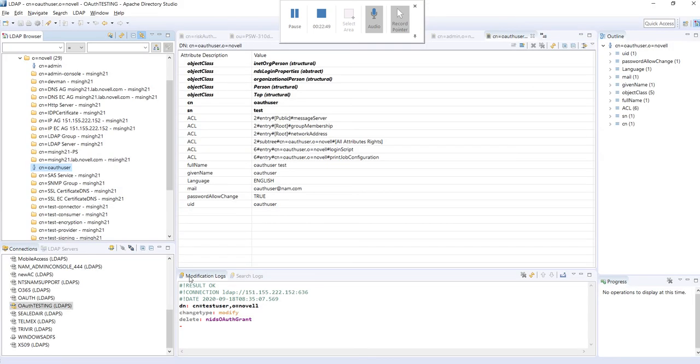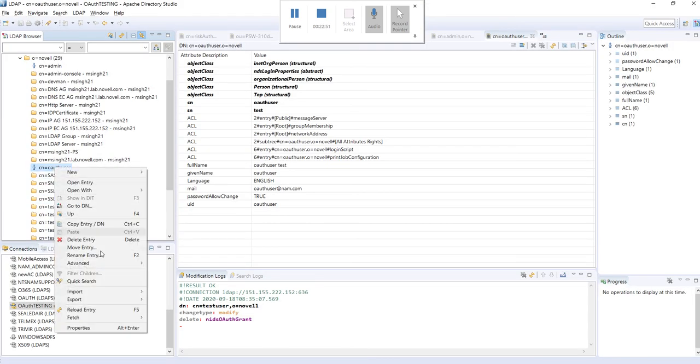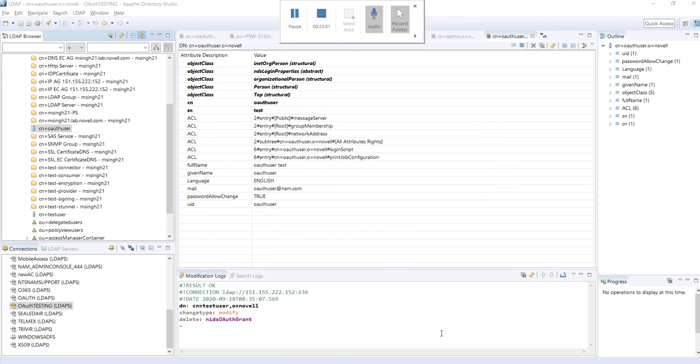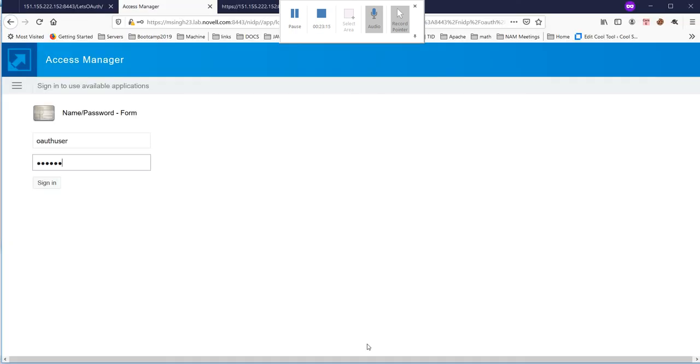Before that, if you see this OAuth user, we have created one attribute for this OAuth user in the very first session. We have created the attribute called nidsOAuthGrant, but that attribute is not filled here. That's why it is not showing. So what we are going to do, we are going to use this user now, and when we sign in,